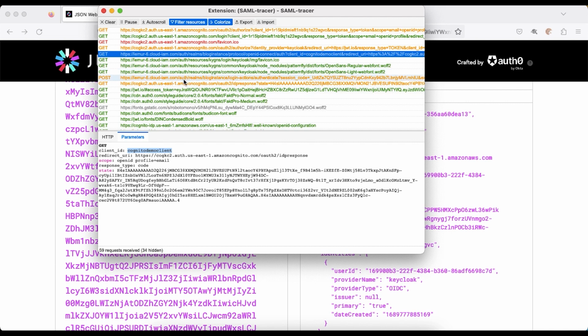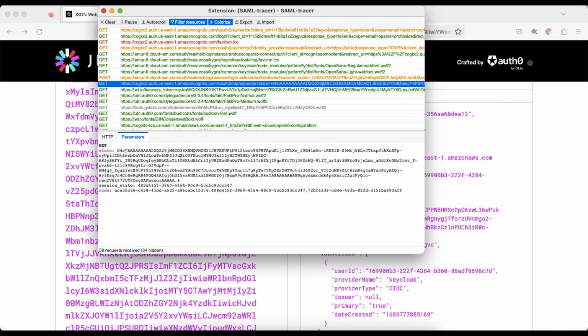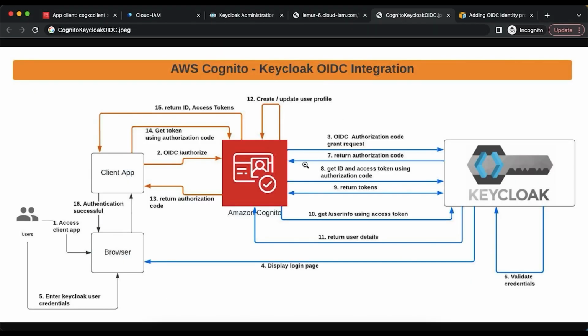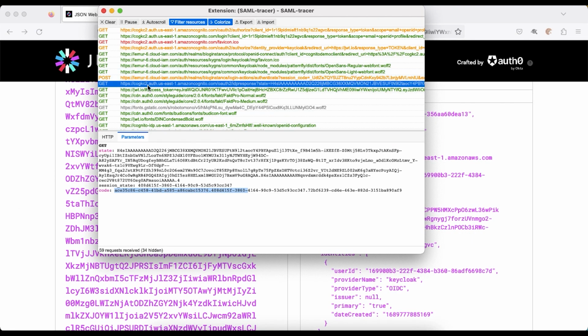and then when the login was successful, Keycloak redirected back to Cognito with an authorization code. You can see it here, and then Cognito will use this authorization code to get the tokens from Keycloak. That is a backend API call, which you can see in this diagram: steps 8, 9, 10 and 11. So that's what happens here, but it happens in the backend,